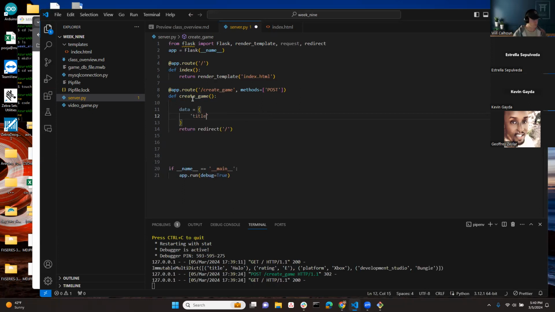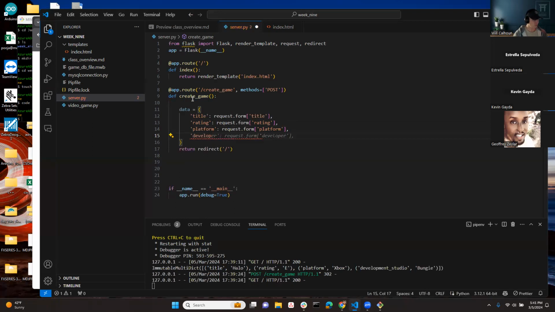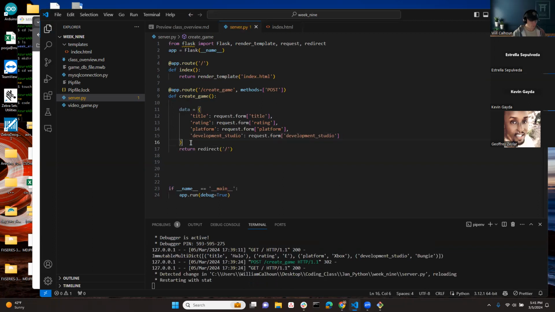So I'm going to say title, and this is going to be from request.form title. I'm going to say rating, request.form rating. I've got platform. And then lastly, I've got, oh, ChatGPT is awful today. Lastly, I've got development studio, request.form development studio. Now, if I just print data,